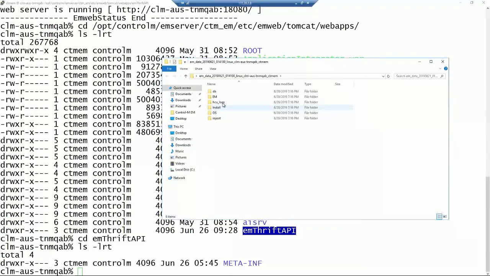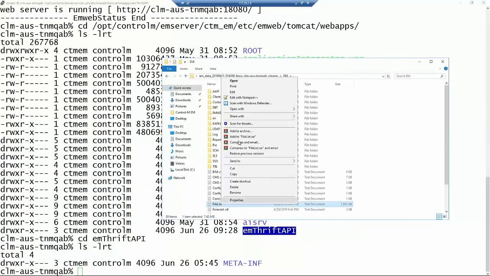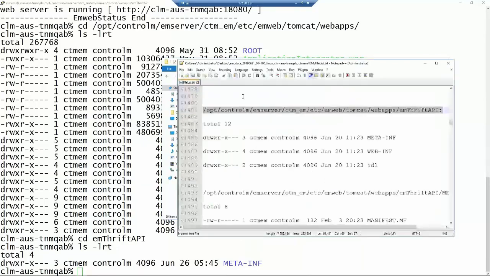And within the EM folder, I have a file called file list, which lists all the files existing in my EM server installation, and comparing this listing and the content of my directory,